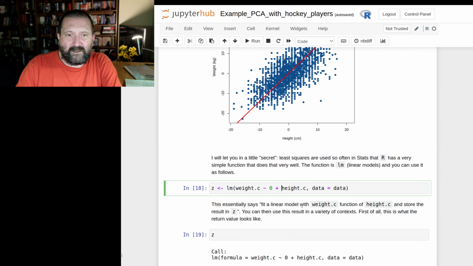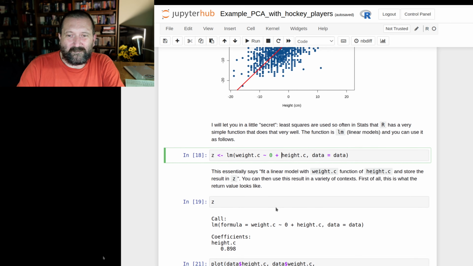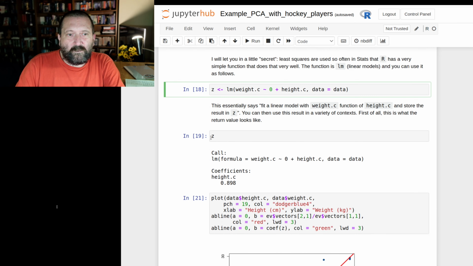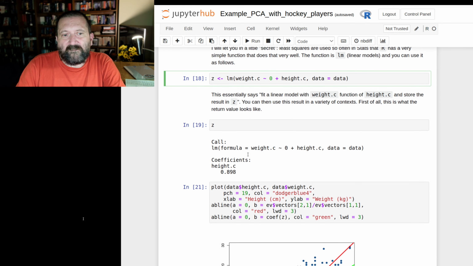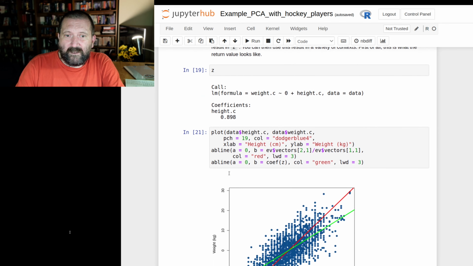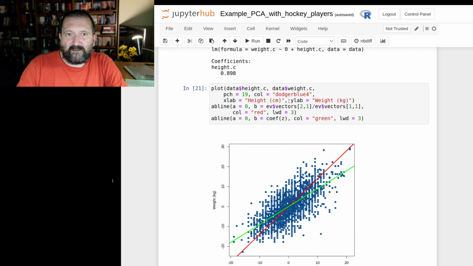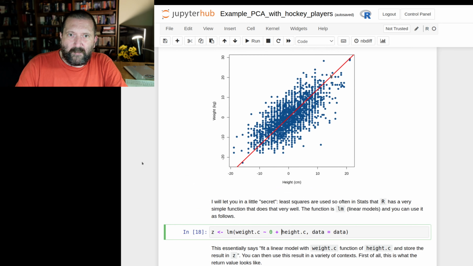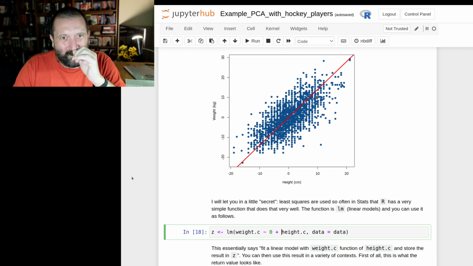As I said, I'll hand out this code so you can take a look at it. When you look at the result of Z, it contains some information. It tells you what function you used and what coefficient you got. And this is here the angle that we get. And I'll just point out, so here I'm plotting as before the direction of the dominant, the eigenvector associated to the largest eigenvalue, so the largest singular value,